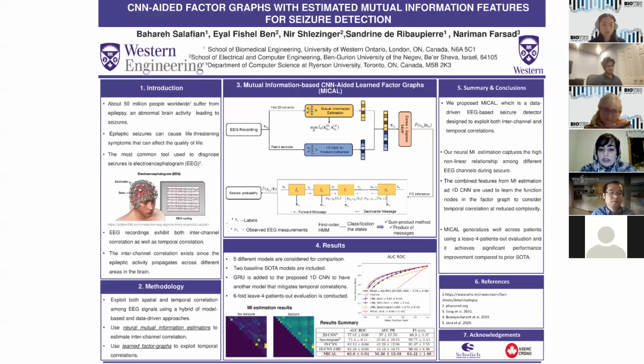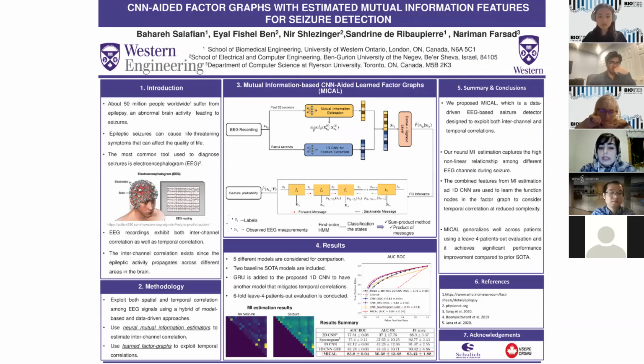If you look at the results section at the left bottom side, you can see two heat maps. These two heat maps show the mutual information estimation output for one patient for the no seizure and seizure states. First, we only showed the upper part of the matrix because mutual information is a symmetric parameter. And also, every pixel in this heat map shows the mutual information between each pair of channels. So obviously, the brighter the pixel, the higher the mutual information and also correlation.